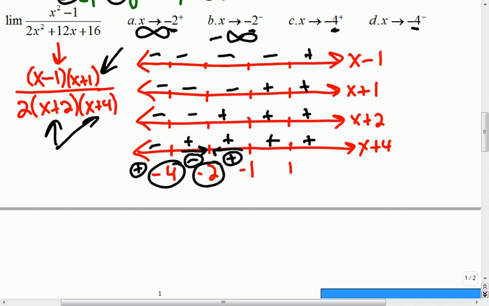So it would be negative infinity. Similarly at 4, as I approach from the right side, this is going to be a negative. This time I'm going that way. And as I approach from the left, it's going to be positive infinity. Okay, so I'll let you copy that down if there's anything else that you needed to catch. All right, so let's